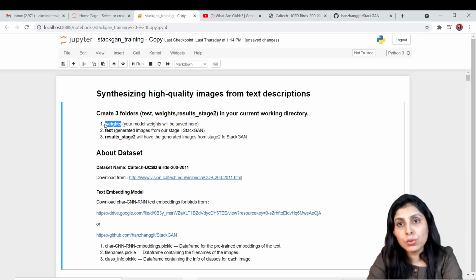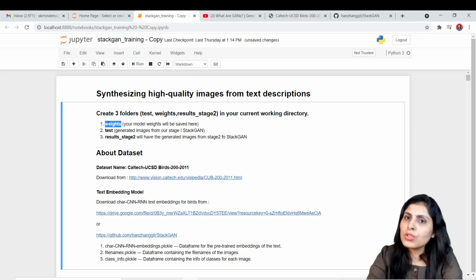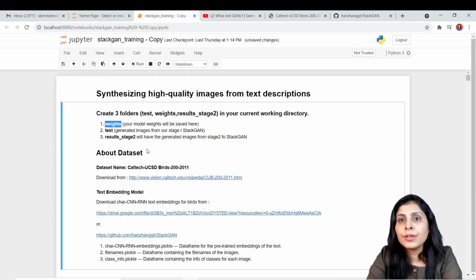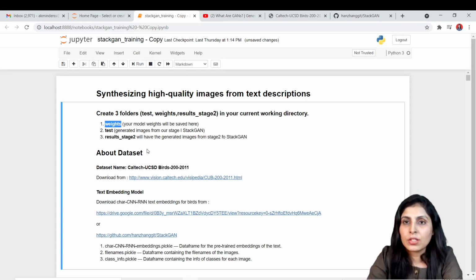If you choose different names, then you have to make changes in the code also. Why are we creating this weights folder? This weights folder will have all the trained weights inside it. Once we start the training, we will get all our trained models inside this weights folder.